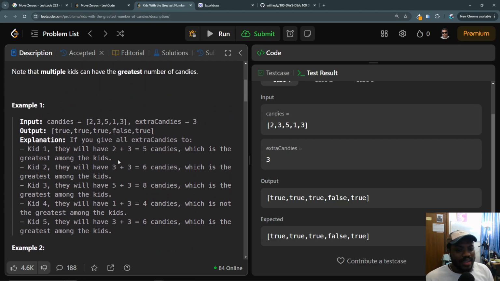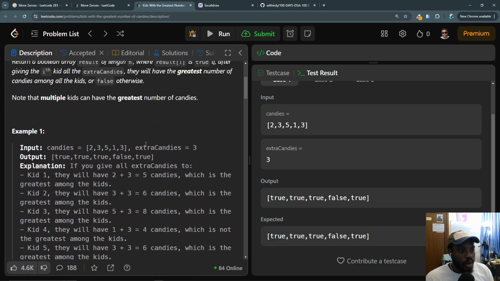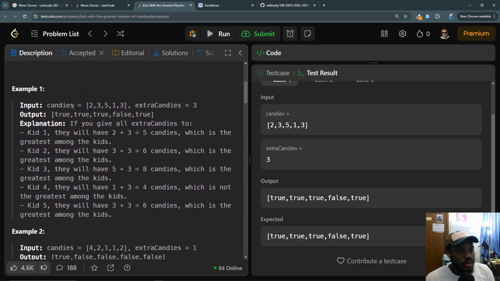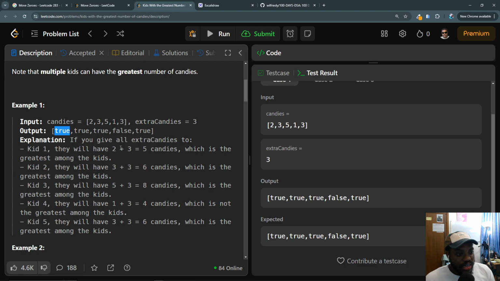So let's first of all understand what this question is asking us to do. Well, we're being asked to return a Boolean array, right? Result, indicating if after receiving the extra candies, the kid will have the greatest amount of candy among the other kids. So the first thing we need to do is determine what is the greatest candy we have currently, without even receiving any extra candy,